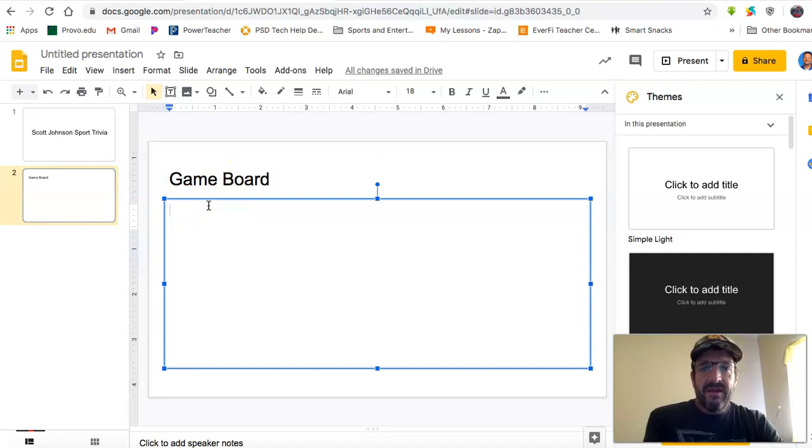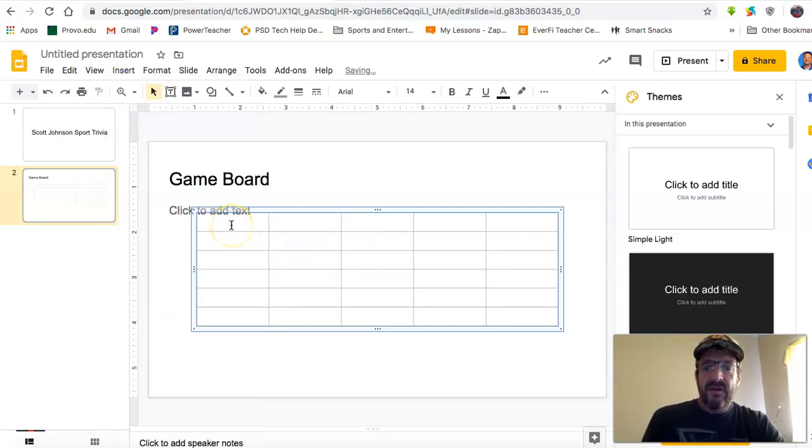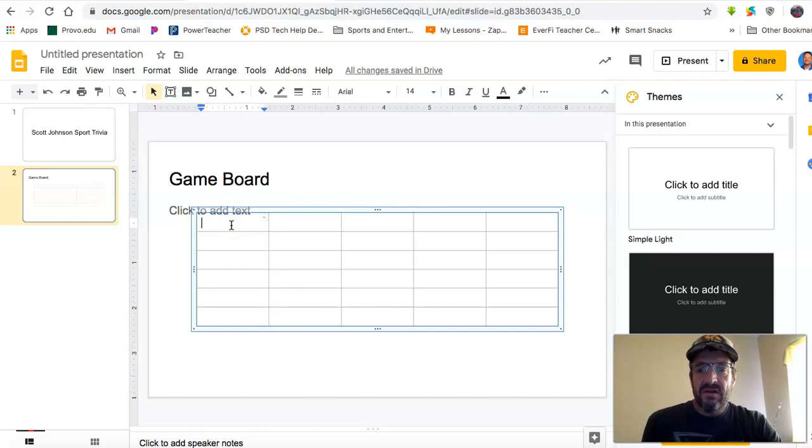Okay, and then my game board is going to be a table. It's going to be five columns by 5 rows. So we're going to go insert table. Actually, we're going to make it 5 by 6. The first row of our table is going to be our categories. So I will go football, baseball,